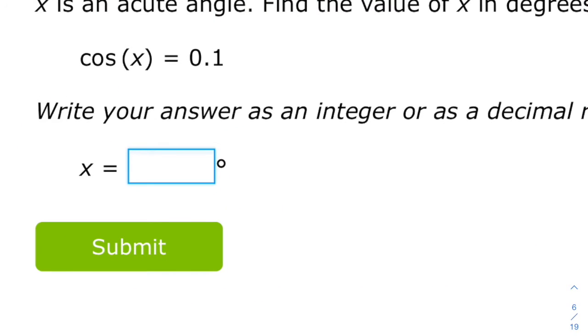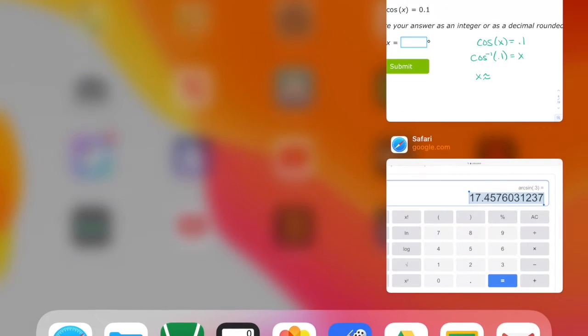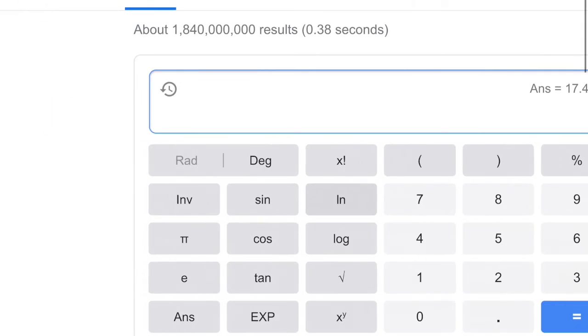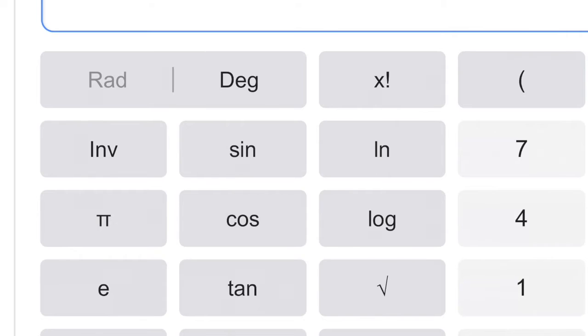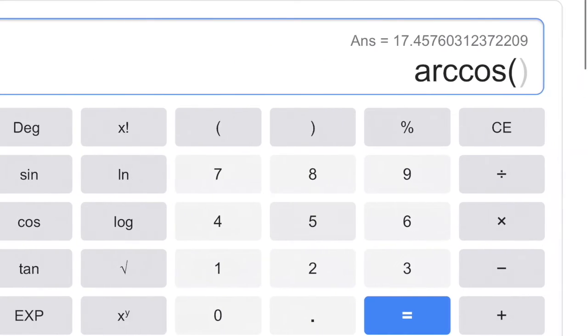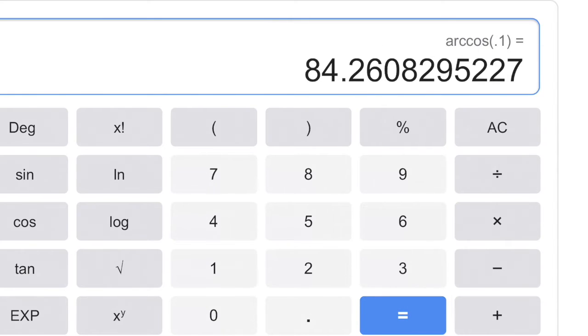So in this one, let's do this quickly, if the cosine of x equals 0.1, then the inverse cosine of 0.1 equals x. You just switch it. And so now x is approximately equal to, and you're going to type that in your calculator, inverse cosine. Just make sure it shows up as inverse. Inverse cosine, which is arc cosine of 0.1 equals